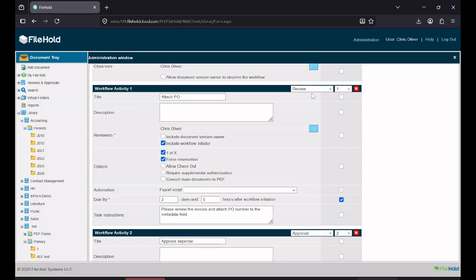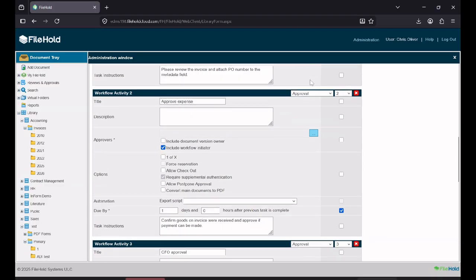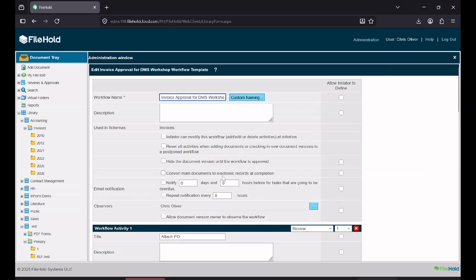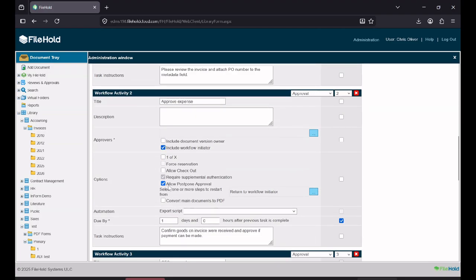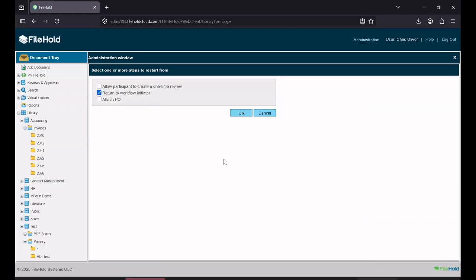So if I'm approving, I need to actually sign off on that process by entering my password into the system in order to verify that I want that to happen in the document. So because my second activity here is an approval, I can open this up and say allow postpone approval. I check that, refreshes the page. I just need to scroll back down now and go back to my allow postpone approval, select one or more steps to restart from, and I can click my three dots on the end,